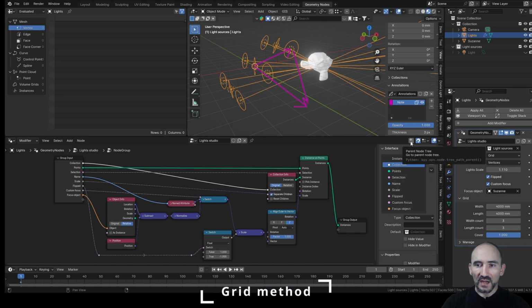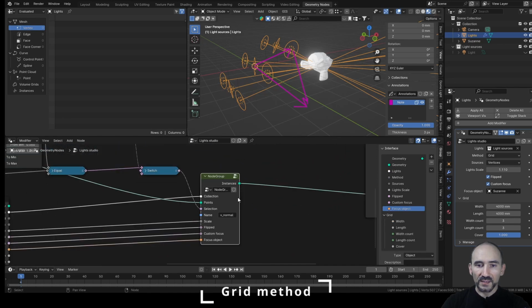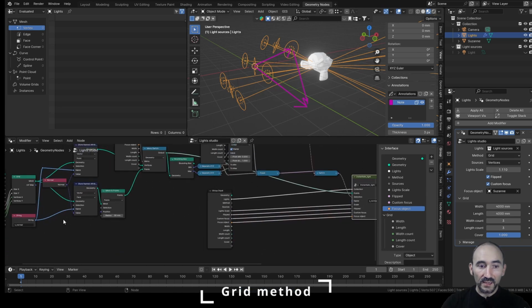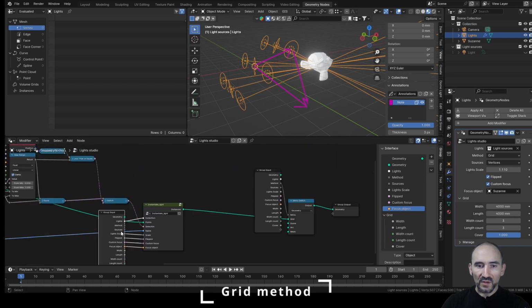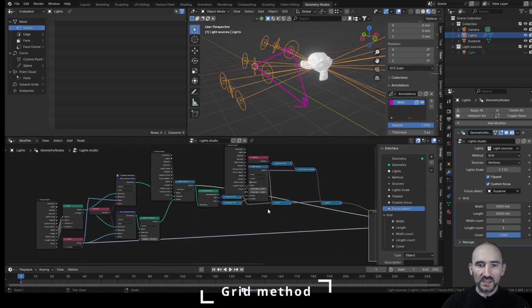We can go out from this group node, clicking here to the parent node 3, and we have the instancing node that we can call instantiate light. For the same reason, I can link this string v normal inside this name attribute to don't set manually, and we can move these two nodes a little bit here. Now this entire